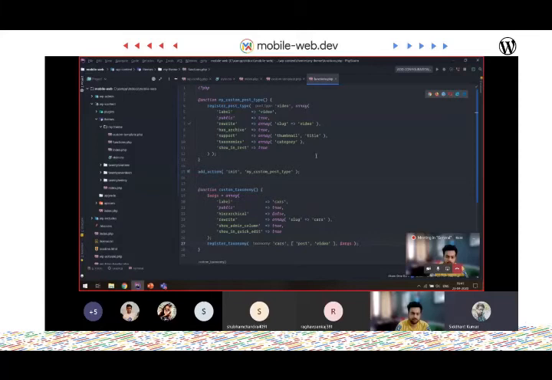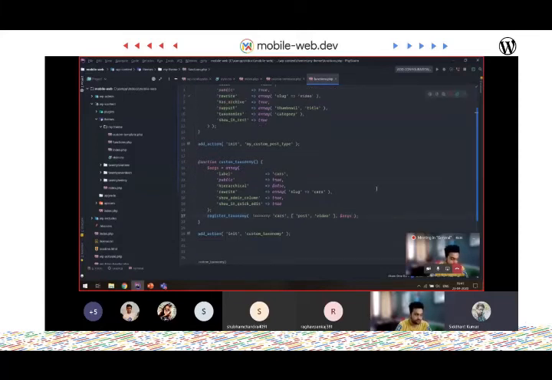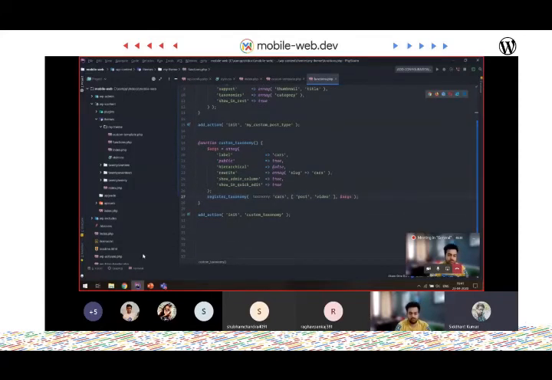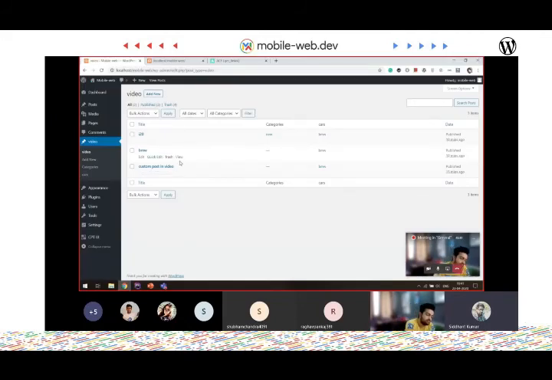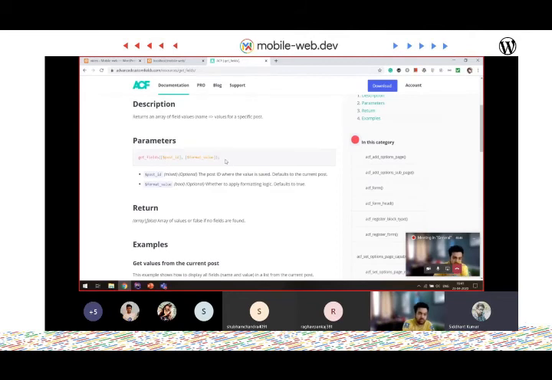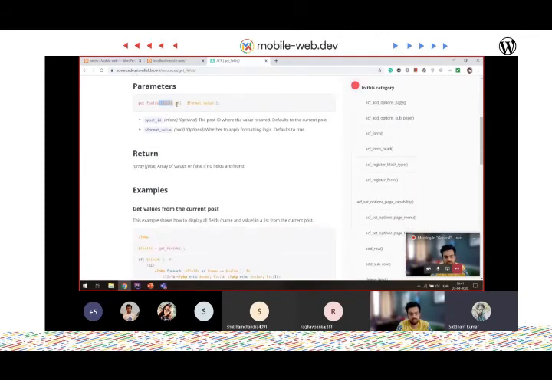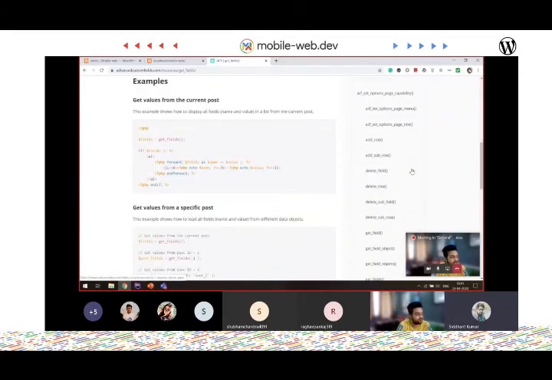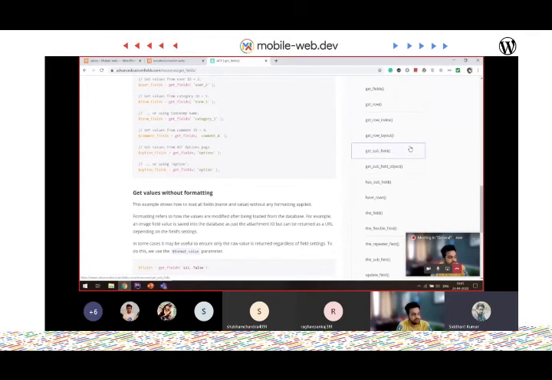So for querying custom fields, you need to see the fields that are attached to your post. By default, the ACF plugin, which Aman told you about, gives you this method, get custom fields. You can get the fields attached to a post ID, and it will give you all the fields of a post. But if you want a single field, there are a lot of APIs for this plugin to work.